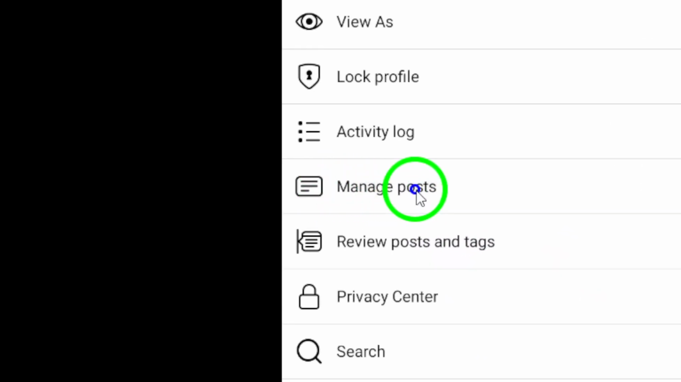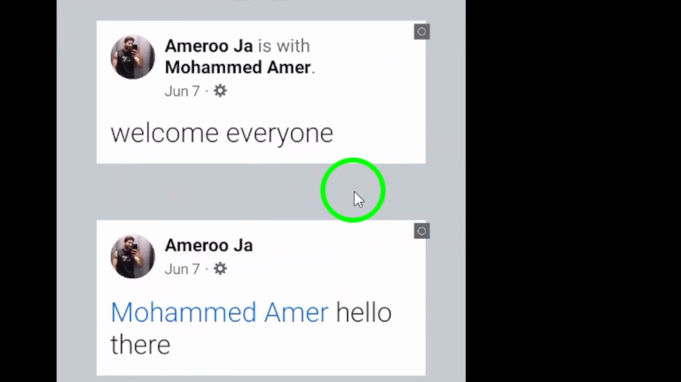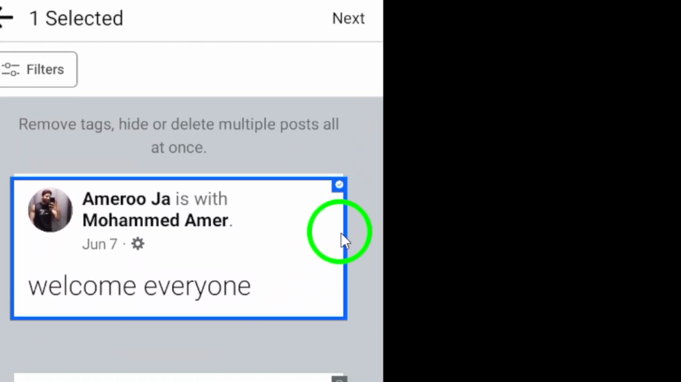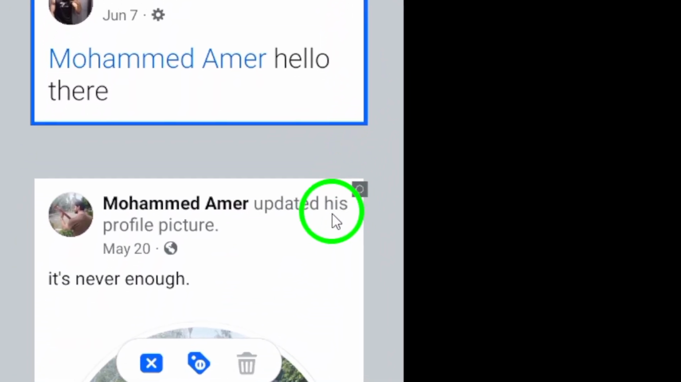You will now see a list of all your posts. To delete multiple posts, simply tap on the ones you want to remove. A checkmark will appear next to each selected post. Once you have chosen all the posts you want to delete, tap on the trash icon at the bottom of